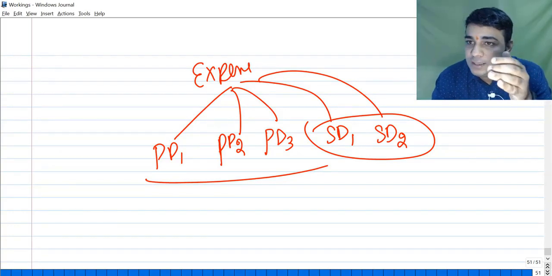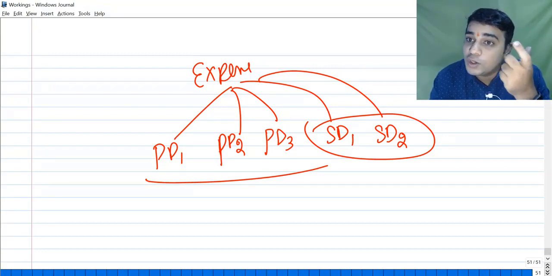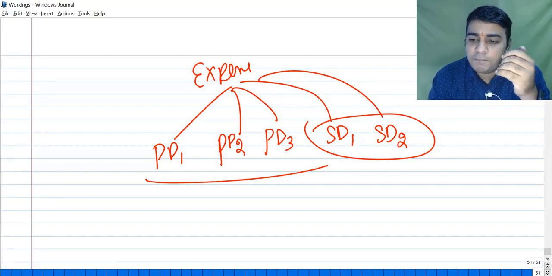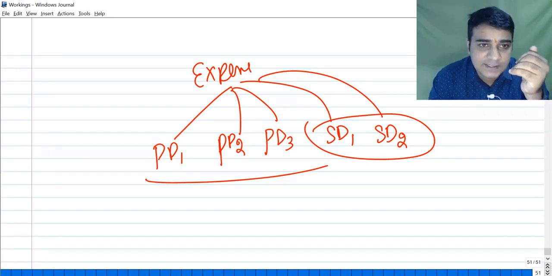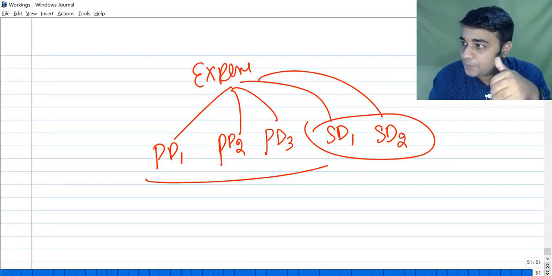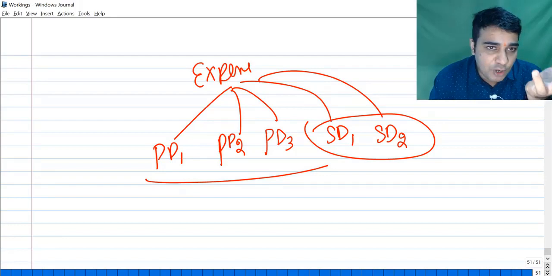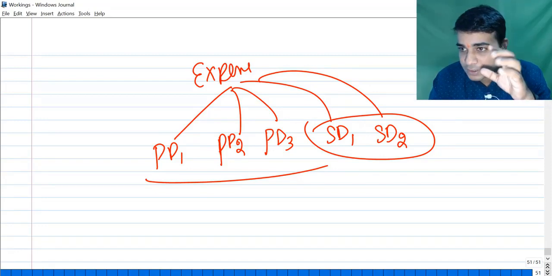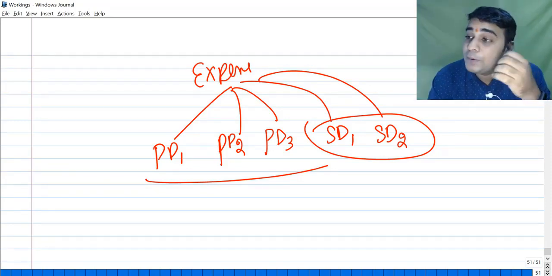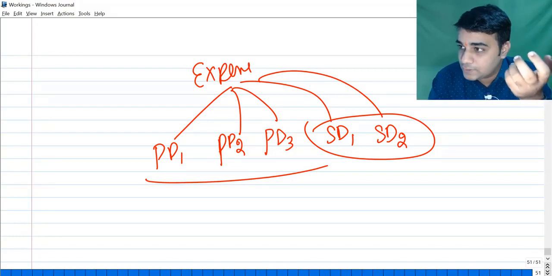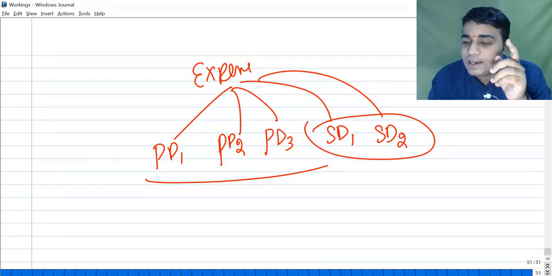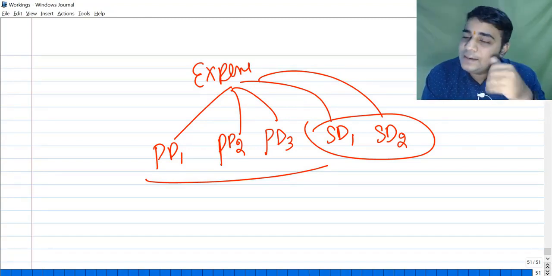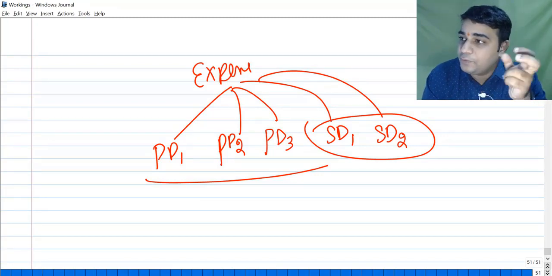Certain expenses you may not incur per unit, you may incur for one lot of units. For example, a question may say your production setup cost. Setup is basically when you have to start manufacturing. Before starting manufacturing, you will have to set up the machine. So, a production setup cost could be incurred by the company. Production setup is incurred per production run. A production run is every time you start manufacturing, and this could happen once every 500 units or once every 1000 units. We did one problem where you were calculating break even point, where there was a special box cost which was incurred 400 rupees for every 50 units. Like that, there could be certain costs which are incurred every 50 or every 100 or every 150 or every 200.